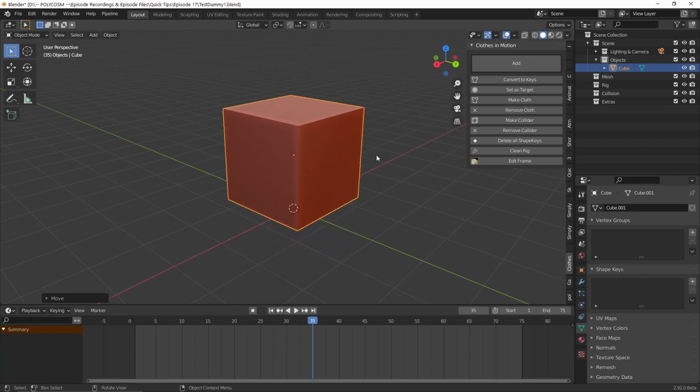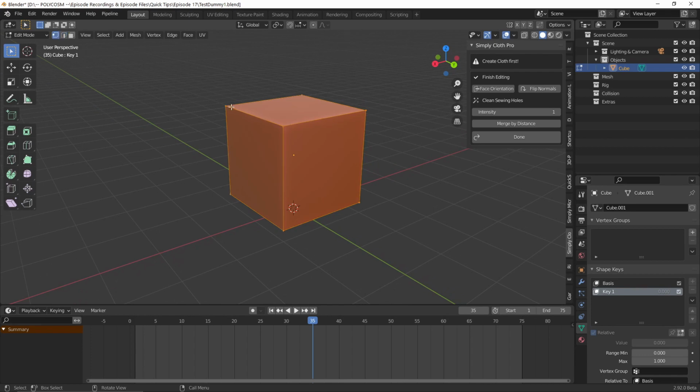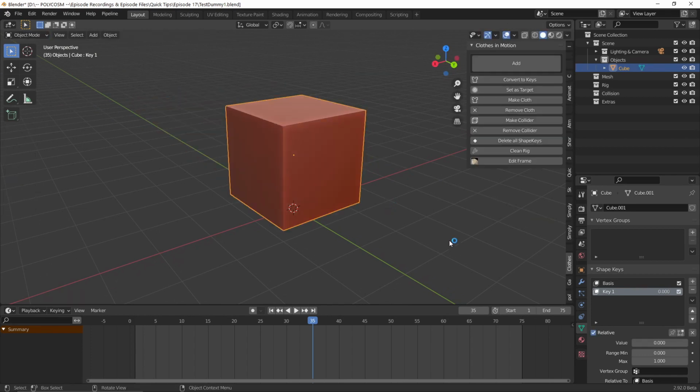If I construct a cube, I can choose to make this the default state. But if I add in another key after the first one, move a vertex in a particular axis and enter object mode, it seems like nothing has happened. But if we increase the value,